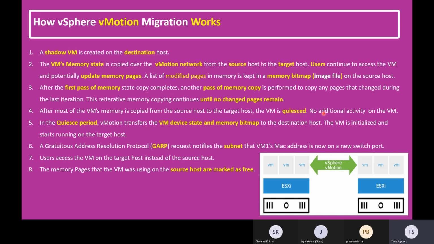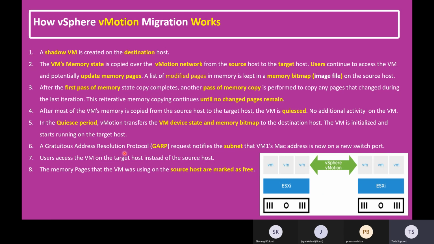During that time, there is no additional activity on the VM. In the quiescent period, vMotion transfers the virtual machine device state. Device state means the virtual machine devices, vCPU, vMemory, vDisk and all, will be migrated to the destination. The virtual machine is initialized and starts running on the target host. And there is another key point, which is